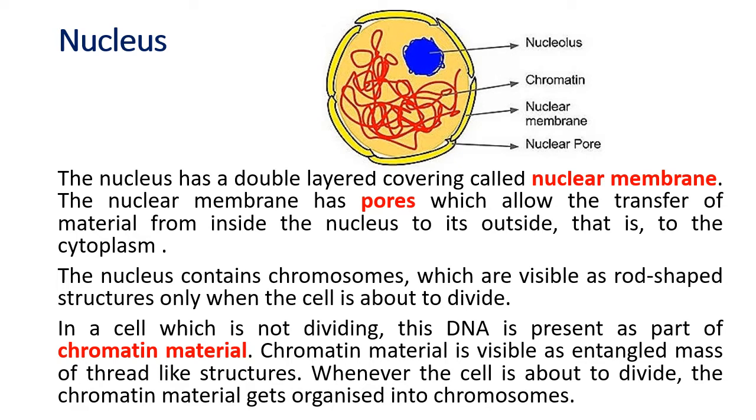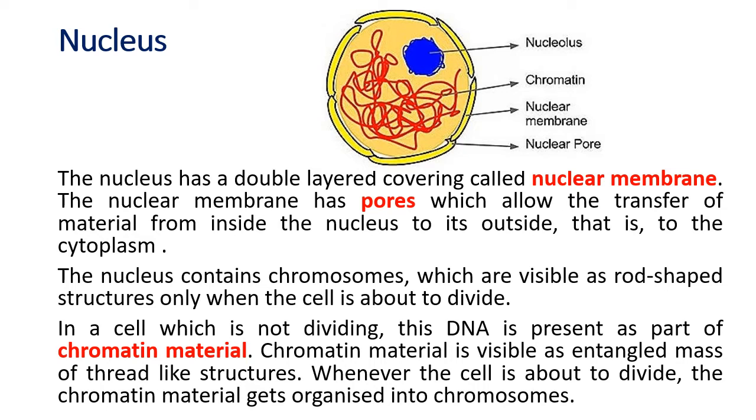So chromosomes contain information. So what is the nucleus about? The nucleus is like the brain of the cell. It contains the genetic information which the parents will pass on to the offspring. It is in the form of DNA, that is deoxyribonucleic acid. So we call it the brain of the cell. It controls all the other organelles in the cell because the nucleus carries the genetic information. So whenever a cell divides, the shape, the size and the function of the cell will depend on the information stored inside the nucleus.